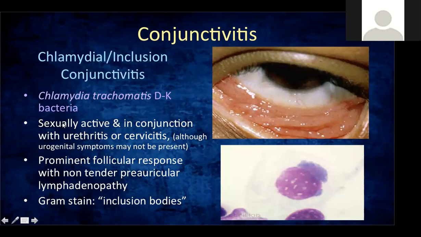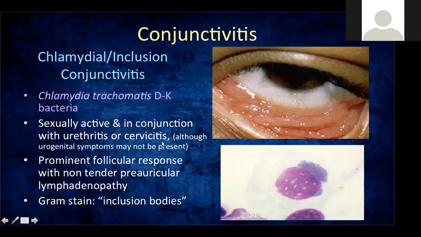So it's usually found in sexually active patients. They may have genitourinary symptoms. But what is characteristic of chlamydial or inclusion conjunctivitis are the large follicles that coalesce, no? And then they form these rugae-like folds, similar to what you see in the stomach perhaps. So these follicles are very large and eventually they're thrown into folds like this in the lower lid. You may also palpate some preauricular lymphadenopathy.